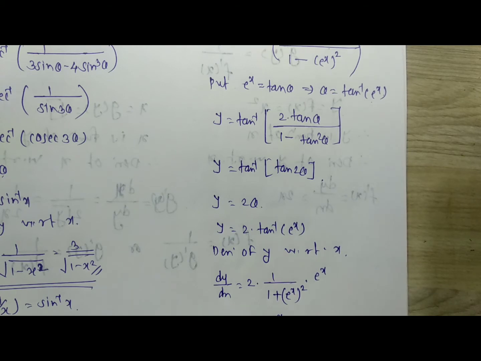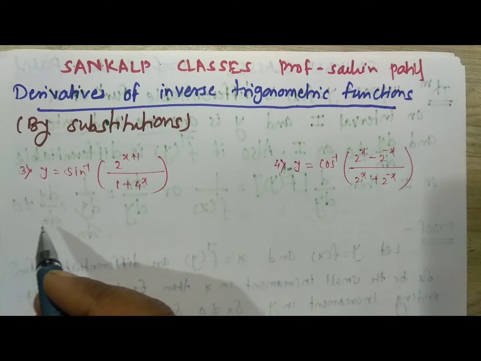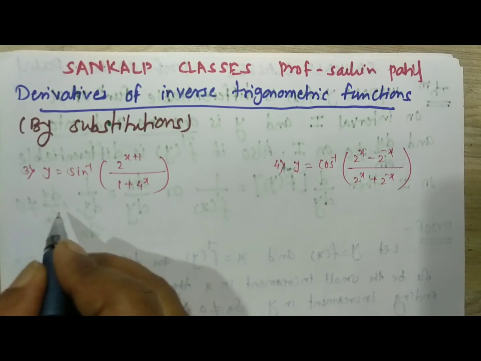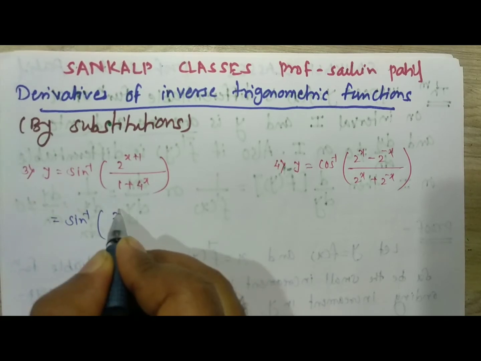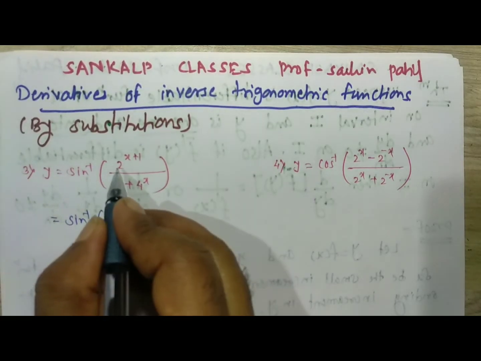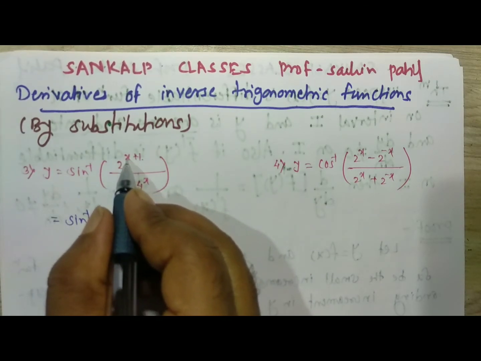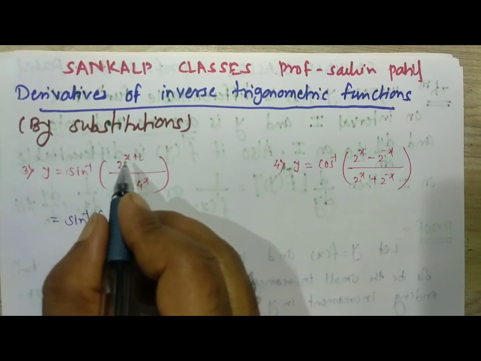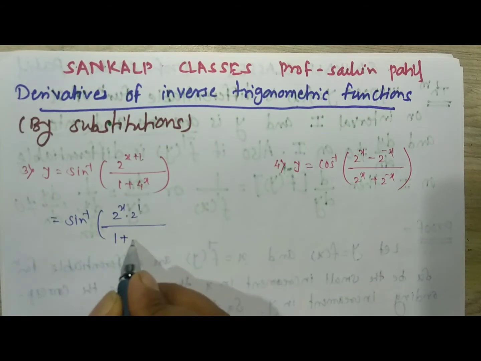Similarly, we can find the derivatives of some expressions by substitution as follows. Similarly, we can find the derivative of this function. First of all, we have to simplify that expression. We will get sine inverse of 2 raised to x into 2 raised to 1, because we know that according to the surd rule, x plus 1 is the index, and therefore 2 raised to x into 2 raised to 1, the base being the same, the addition of the indices is performed, divided by 1 plus